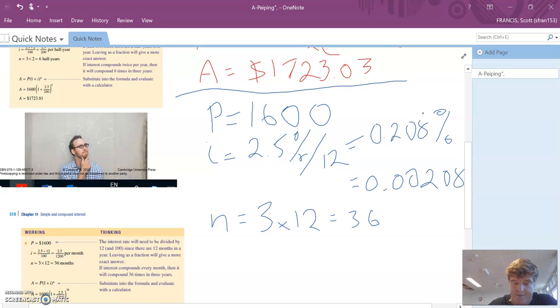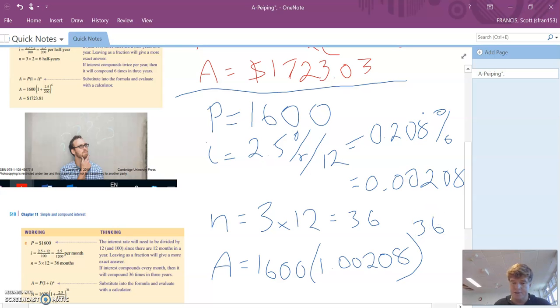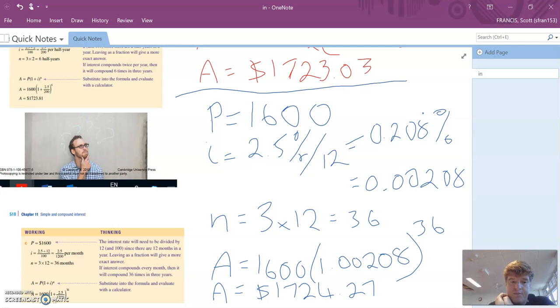So let's see if we can work this out. The final amount is going to equal our $1,600 times 1 plus 0.00208. So it's 1.00208. And over the course of the 3 years, that's going to compound 36 times. So now I've got my calculator at home, 1.00208 raised to the power of 36 multiplied by 1,600 equals $1,724.27. Now that is slightly more than the amount when it compounds annually, and we'd expect it to be a